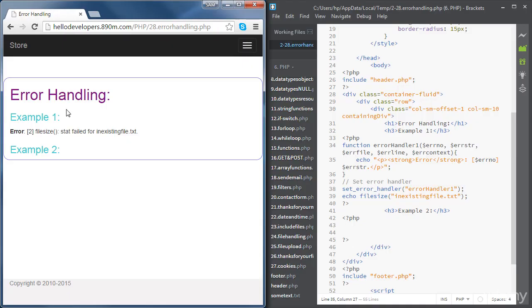Now we are going to move to another example, and this time, rather than just showing the error on the screen, we are going to send an error log to a file or by email if you want to. Okay, so